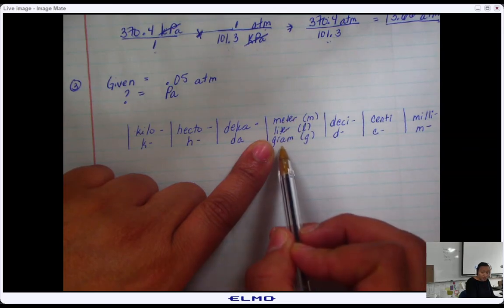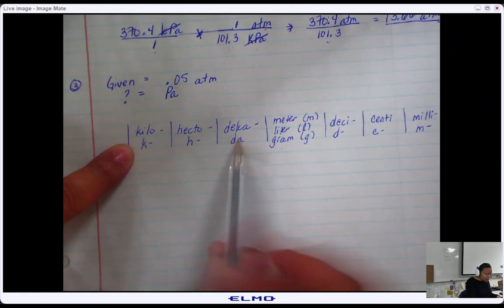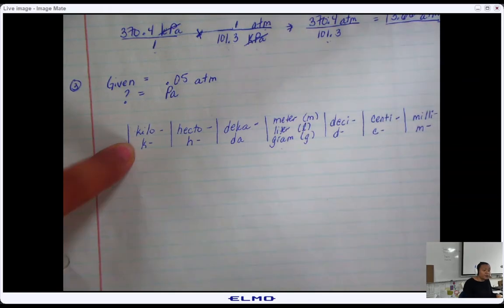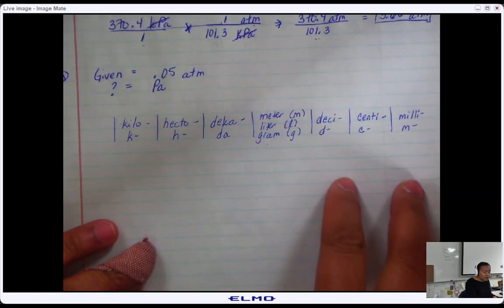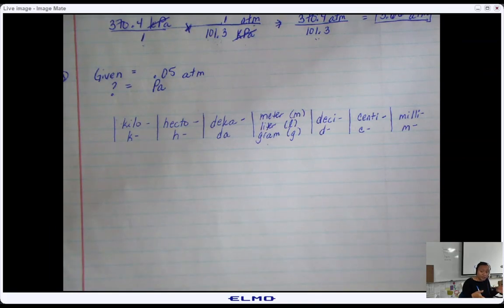Am I measuring mass? These kilo, hecto, deca, the ones with the little hyphens on the back of them, deci, centi, and milli, these are prefixes. You stick them on the front of your root words. That tells you how big or small the reading is. So when I say a kilometer,